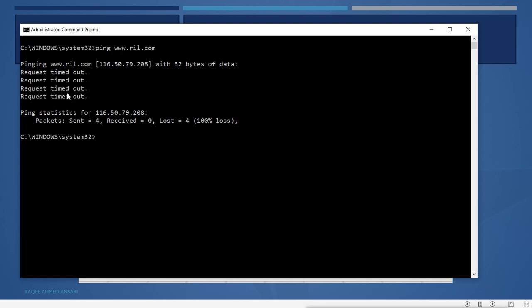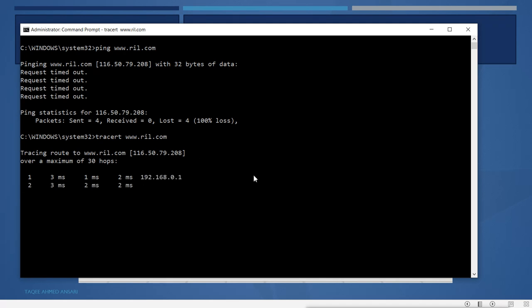Now where it is denying, let's check that. So I will use traceroute for this site or this server. Now you will see where it is exactly denying the packet. This is my hop, my router, it is passing it.